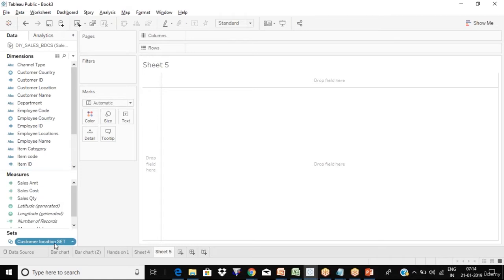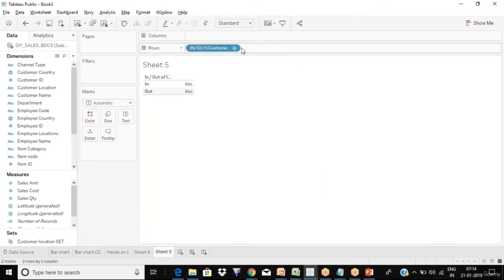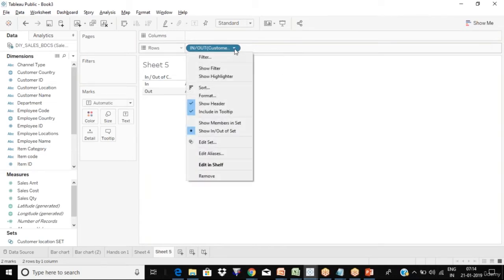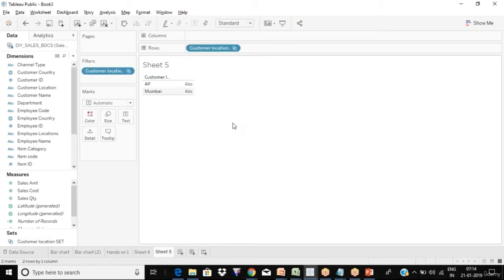Now, let's say if I drag this, I'll come to what is this in and out. So what I'll do is I'll click on this and say show members in set. Now what do you see here, AP and Mumbai?